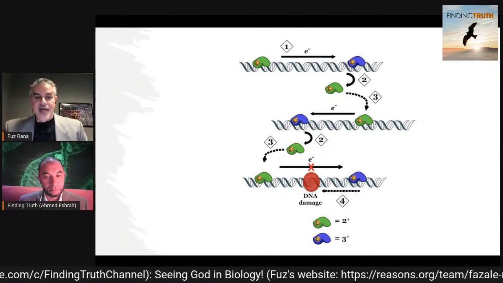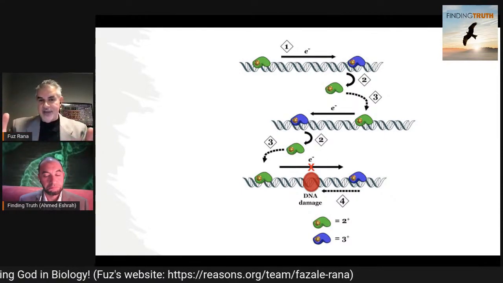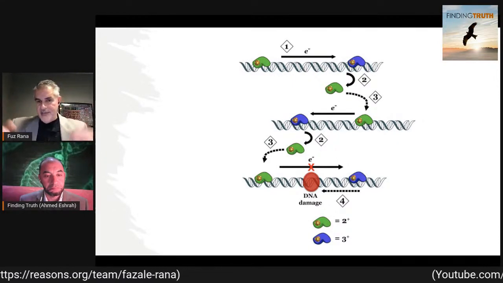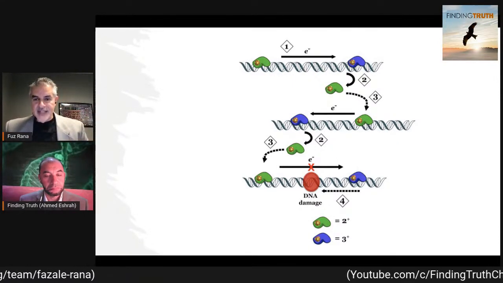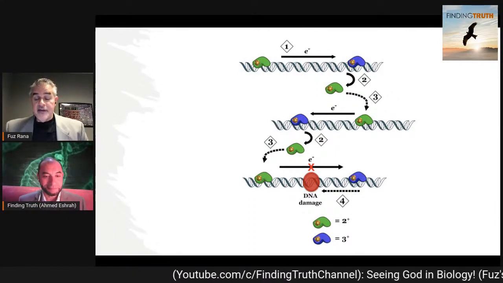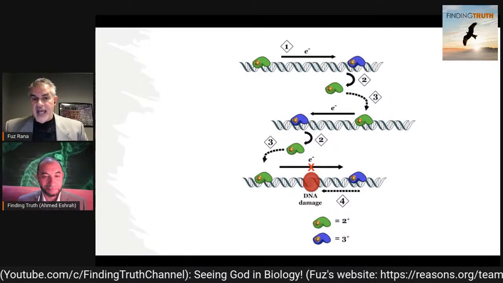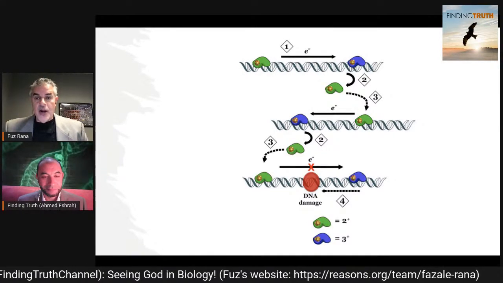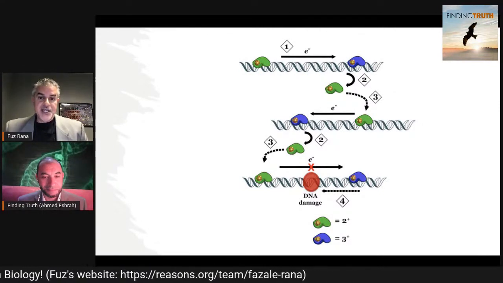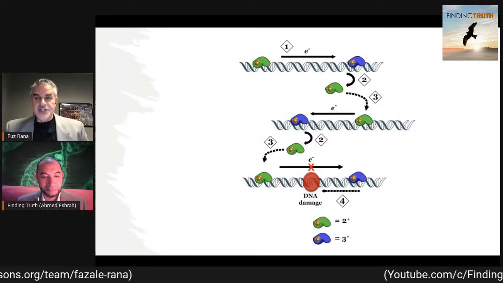And so they will then slowly migrate to the site of the damage, replace that damage, the electrical current is reestablished, and they will become disassociated. And so it's a very elegant mechanism for very quickly and efficiently finding damage to the DNA and then repairing it, where you really need a very small number of the DNA repair proteins to actually affect the repair process because of this surveillance